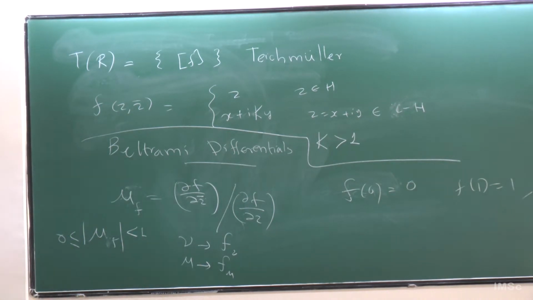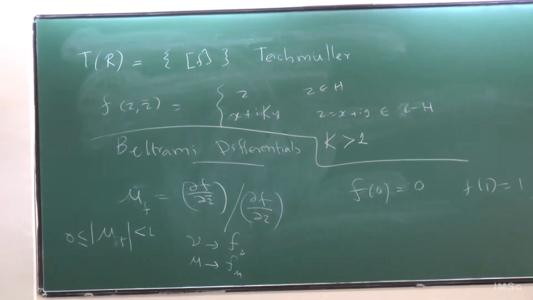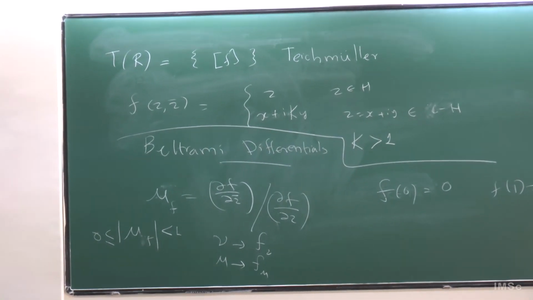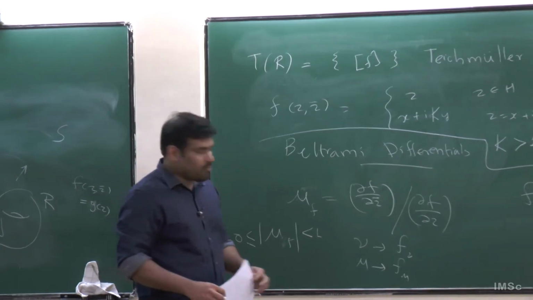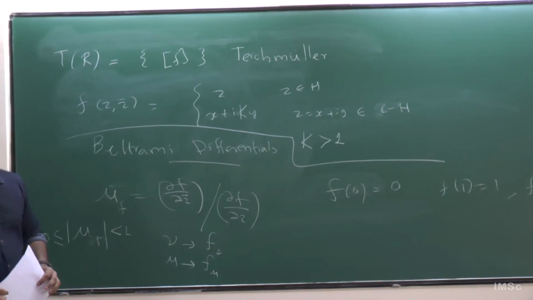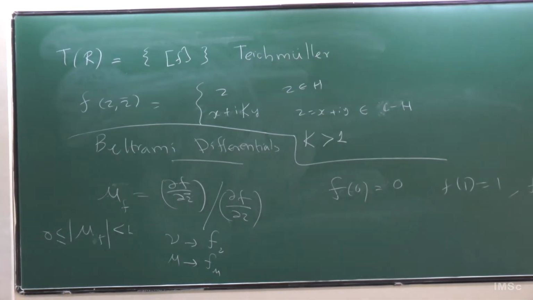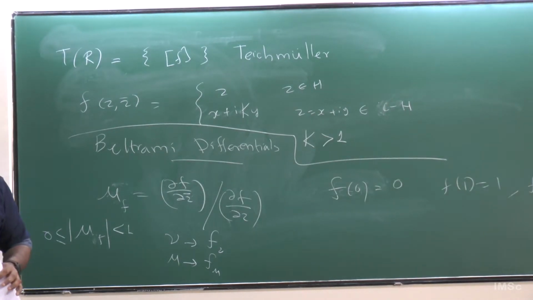Conformally unequal, right? But both are quasi-conformal. So you are looking for inequivalent, not only unequal. Inequivalent, exactly. So the statement was that if you look at any f which fixes 0, 1 and